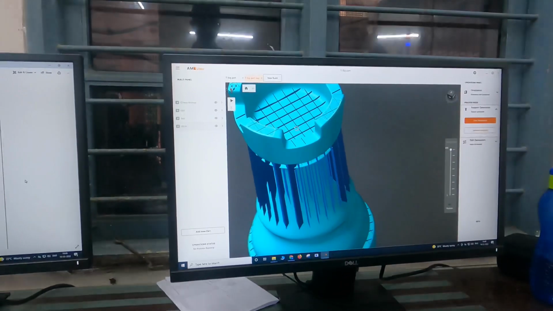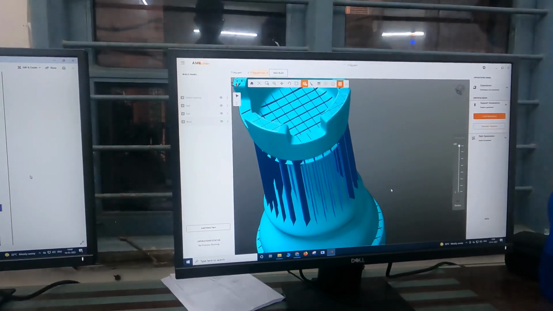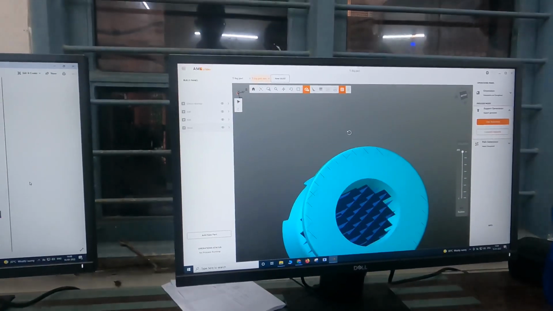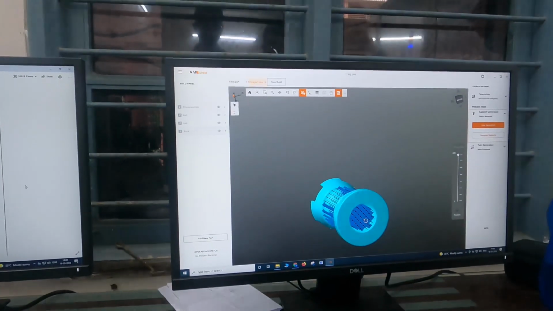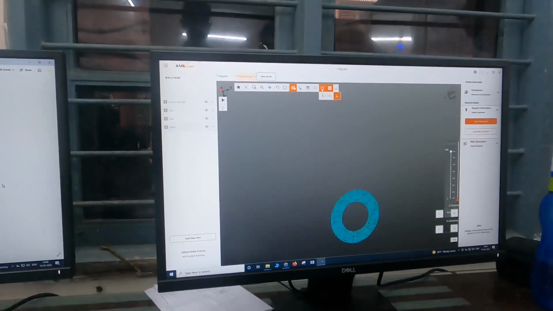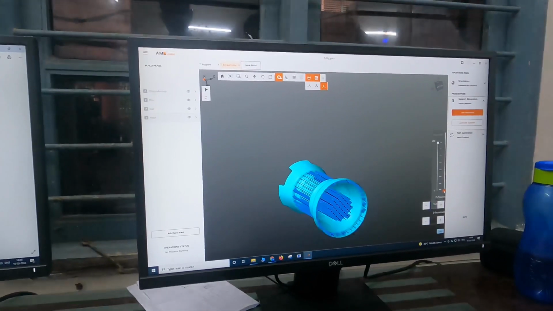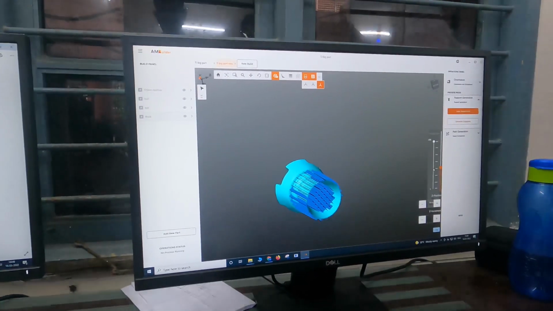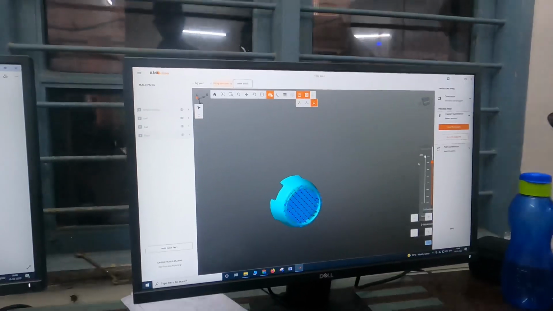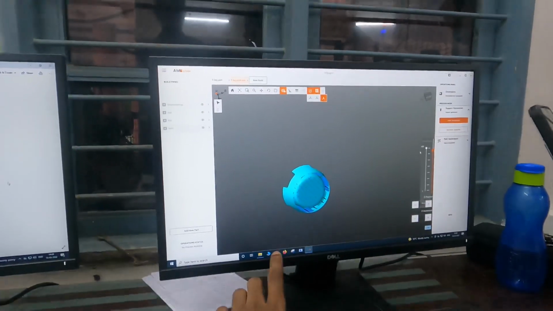Also in this direction it needs support because it is not a solid geometry, it is a hollow geometry. So you can see here the support starts from the base and goes all the way up to that flat surface at the top, so that it will not fail during the printing.